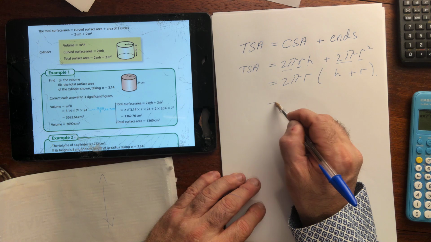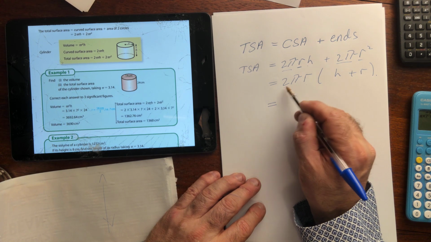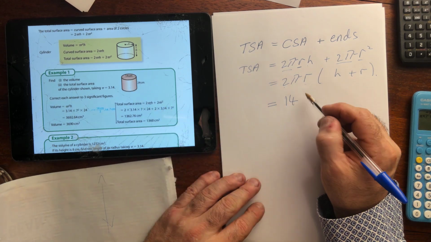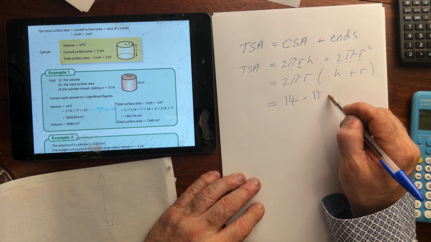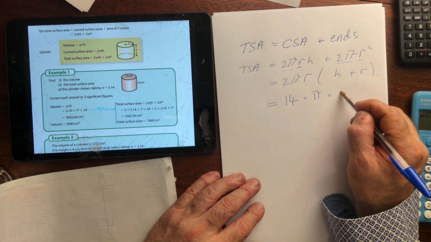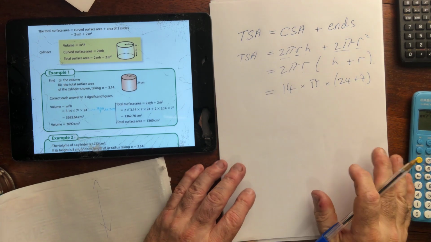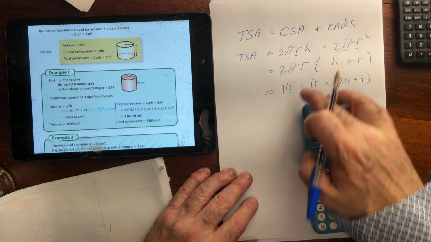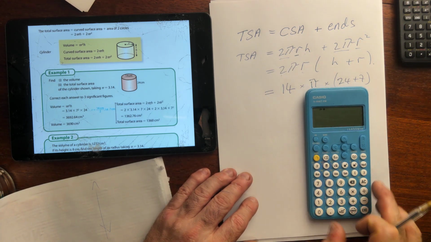Okay. So, and by the way, 2r is the diameter, so I could use 14 for the diameter. Okay, then I have times pi, and then I have times the radius, which is 7 and 24. So 24 for the height and 7. Okay. And you can do it either this way with substitution or this way with substitution. Either way, we're going to get